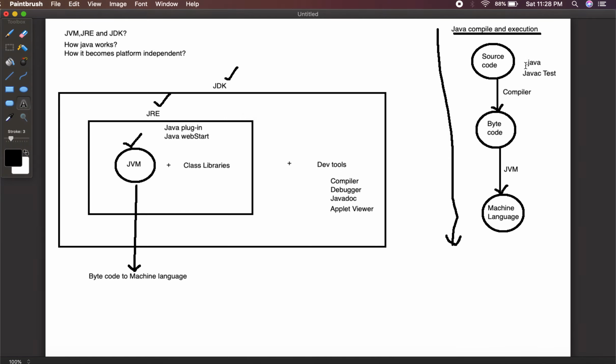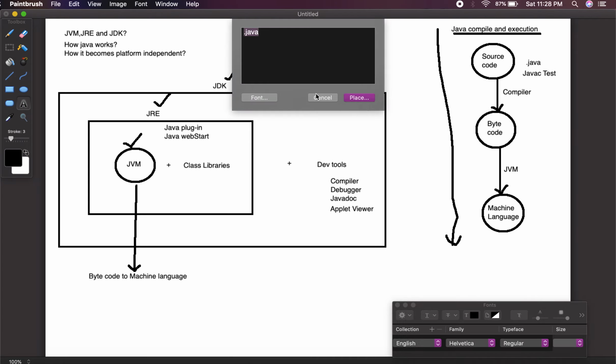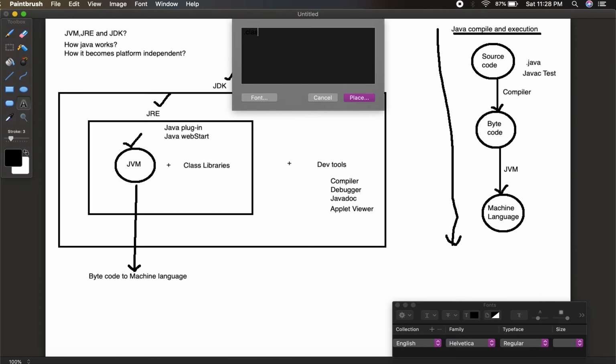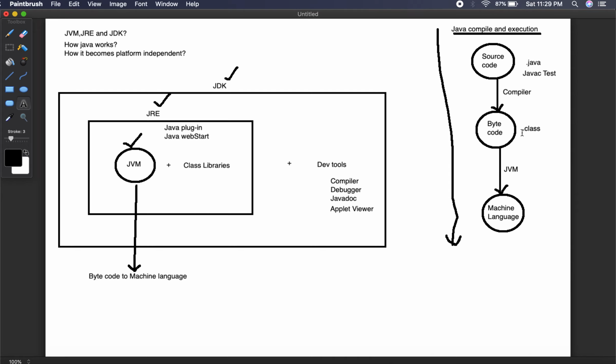When you are creating a class, that is a .java file, and when you are compiling that particular .java, how do you do it? It's javac test. Assume this test is your test.java, that is your source code. And when you run javac space test, you are really compiling that. See, you are using the javac command to compile the program, which converts the source code to a bytecode, and after the compilation, this .java file will be converted to a .class file. The extension of the file is .class.